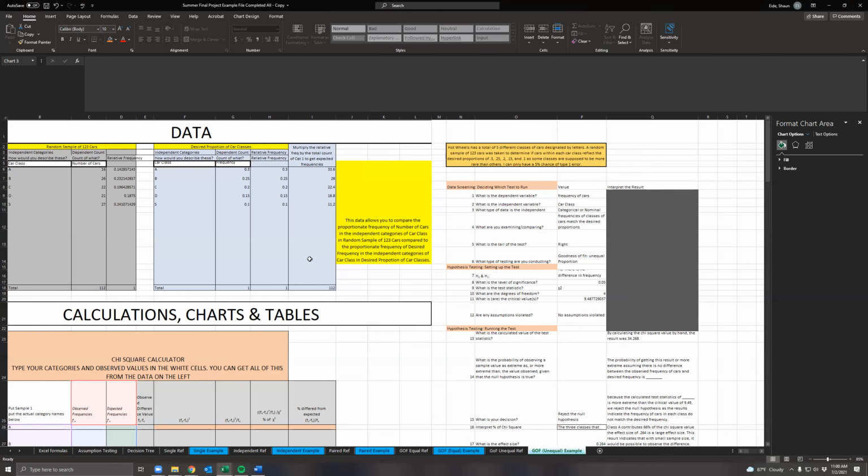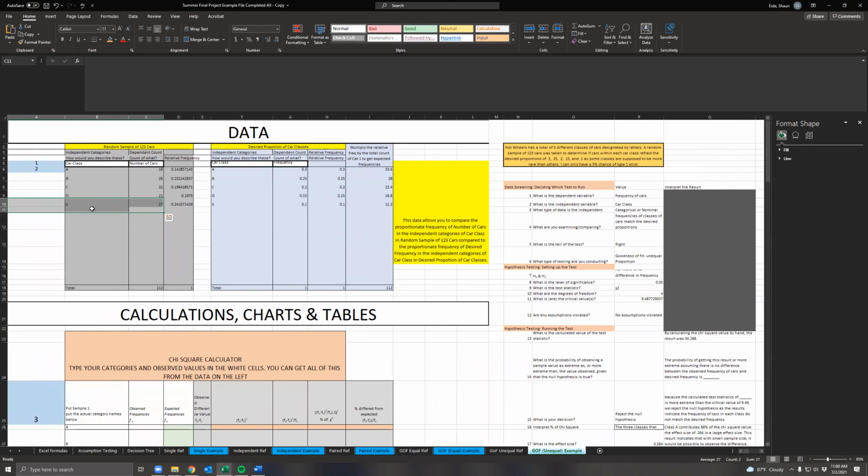Okay, this lecture is going to go over hypothesis testing goodness of fit unequal proportions for the final project. So I'm going to go ahead and share my screen. And we've got this right here, the unequal proportions. We've got the same thing as the equal proportions. If you want to see more information on the cars for the equal proportions, essentially what we have here, let's